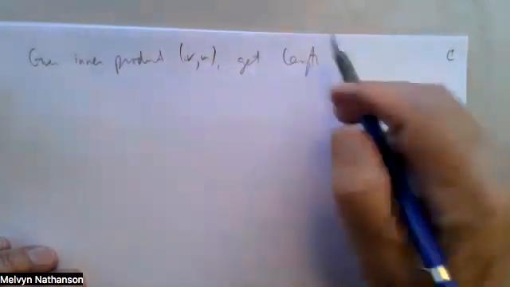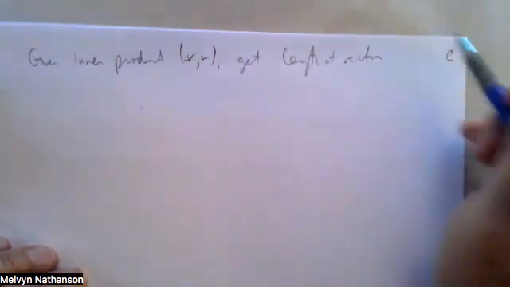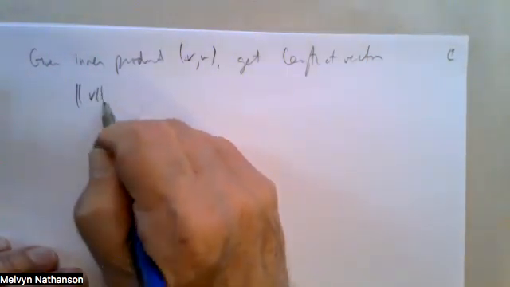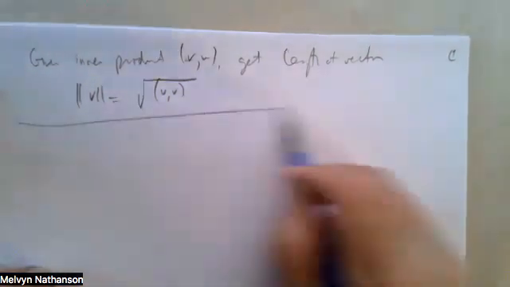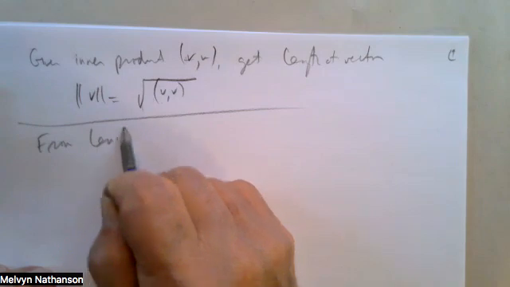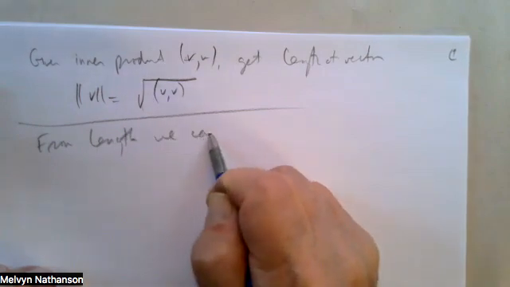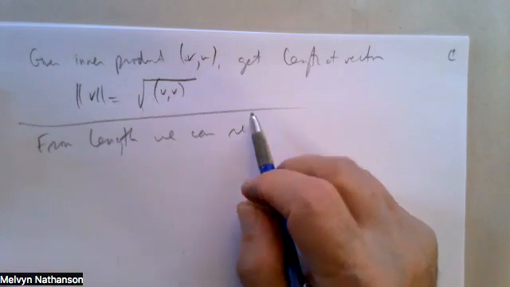So the inner product defines the length of a vector. The length of V is the square root of the inner product of the vector with itself. But it's also true that from the length, we can recover